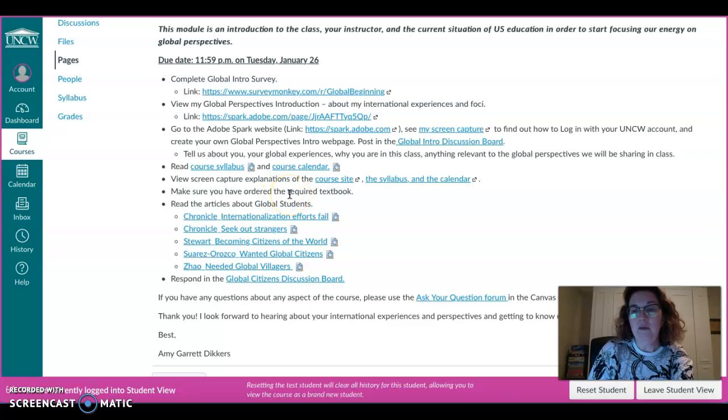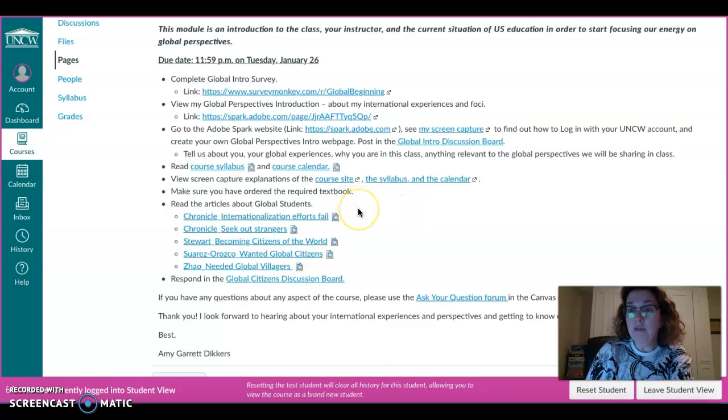We will be reading the second book, The Spirit Catches You and You Fall Down, in March, but we'll be starting with the textbook in probably week 2, towards the end of the second week, in the middle of the second module. So make sure you're ordering that book. In regards to that textbook, you can find it hopefully in the bookstore if they've got the order in. Amazon, last I checked, had some. There's also some used copies you can buy from Amazon. Barnes & Noble should have it. You can also go directly to the publisher, Canadian Scholars Press, and order it off their website. And they're pretty quick, even though they're in Canada. They're pretty quick in getting those books to you.